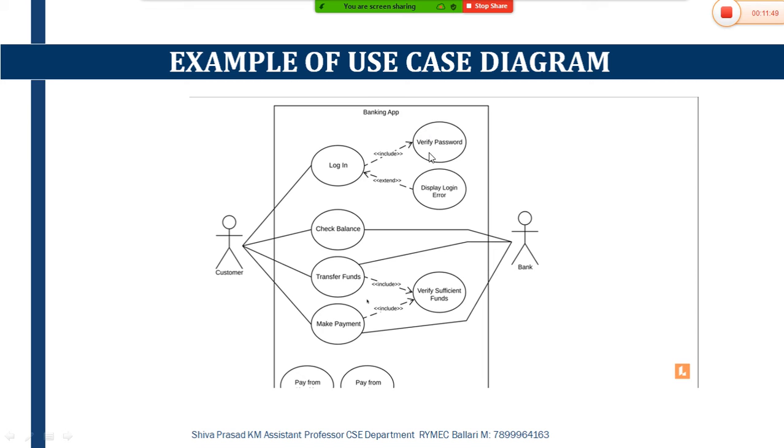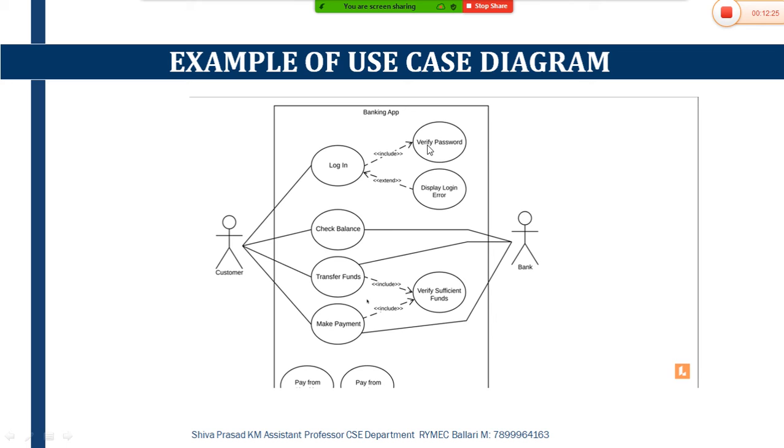that particular base class. Whenever we have this type of option, as soon as you give the login, it will go into verify password and check the password. If the password is correct, then it will provide you the information to go to the next stage. If there is an error, then we will be using the extend option. The include option is provided with dotted lines with an arrow mark, whereas extend is provided with dotted lines with an arrow mark back to the customer. It will provide the information back to the customer, representing an error message here. So that is the difference between include and extend.